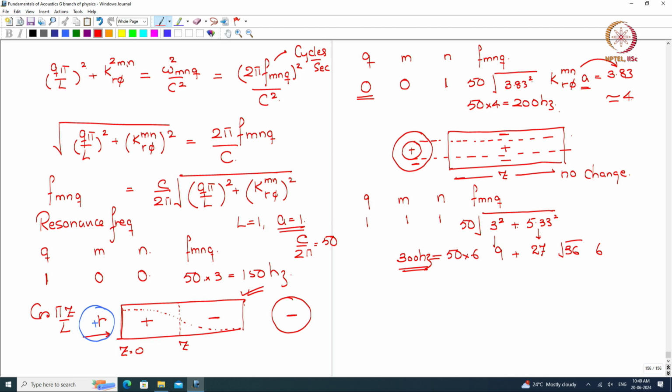And how does this look like? I have an M over here which is 1, so I will have one diametral line plus minus, and N is 1, so I will have one nodal circle. So this will be plus, this will be minus, this will be plus, this will be minus, and